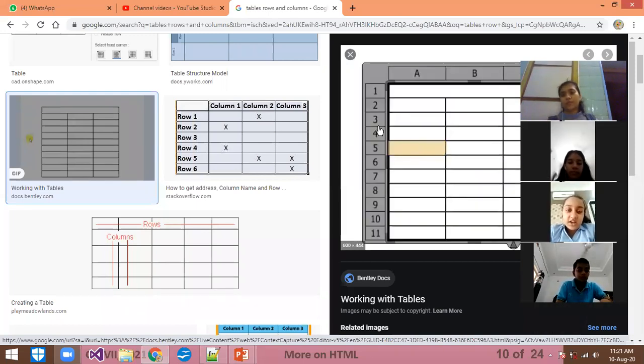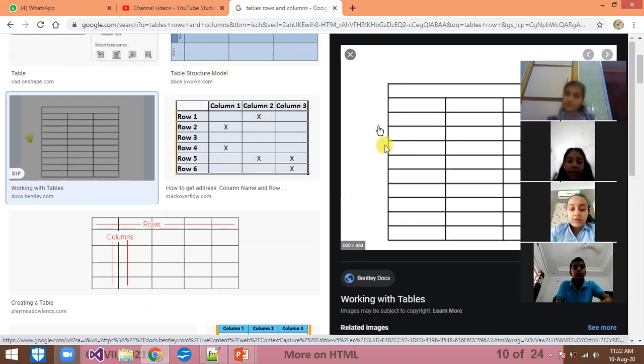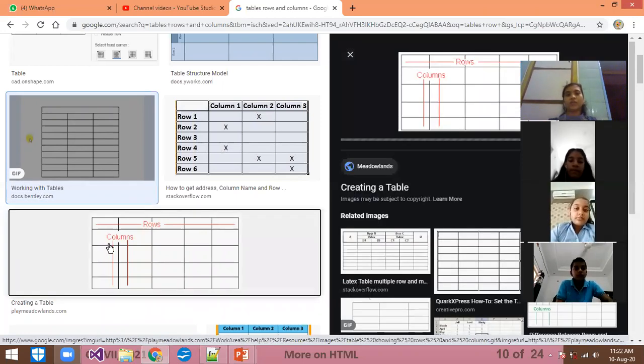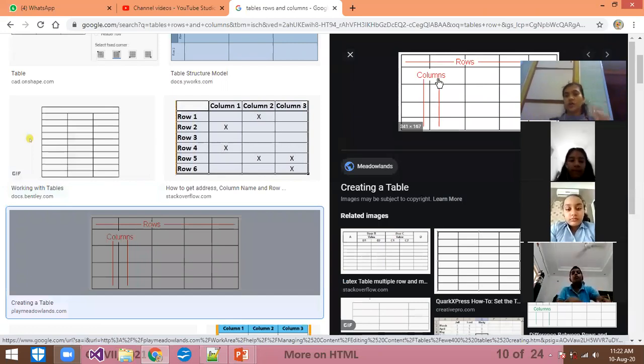The cells which are in a horizontal manner are rows, and the cells which are in a vertical manner are known as columns. Very good. Horizontal means the rows and vertical means the columns. You can see the image also, that will display the names of the rows and the columns. For example, you have your timetable. On your timetable, the time is written in the horizontal form, and in the vertical form, the days are written. And your subject list is already given to you.